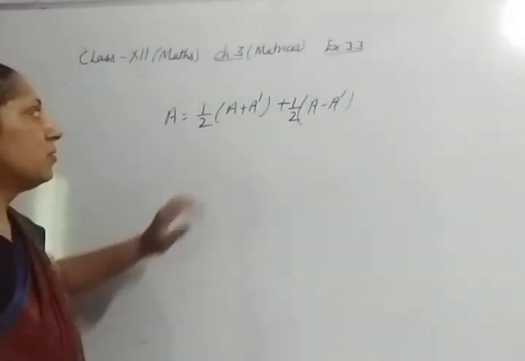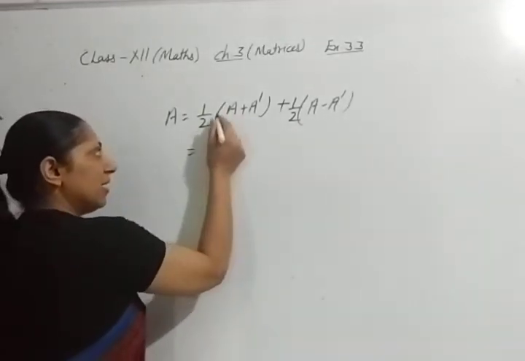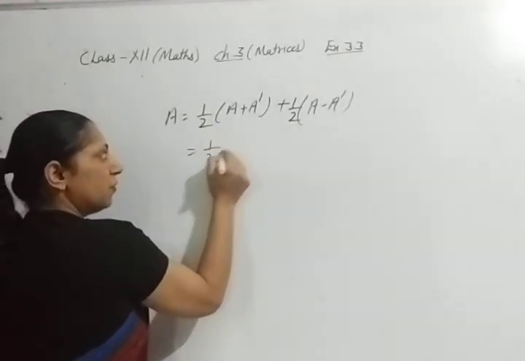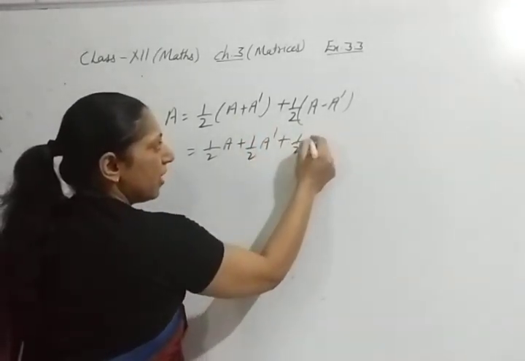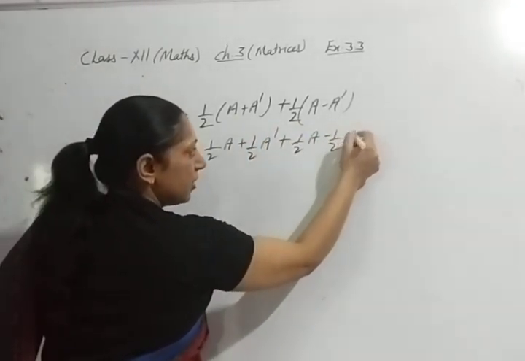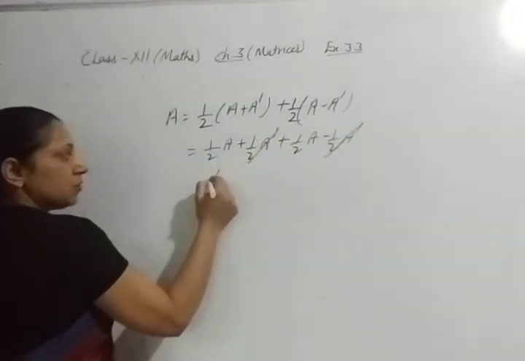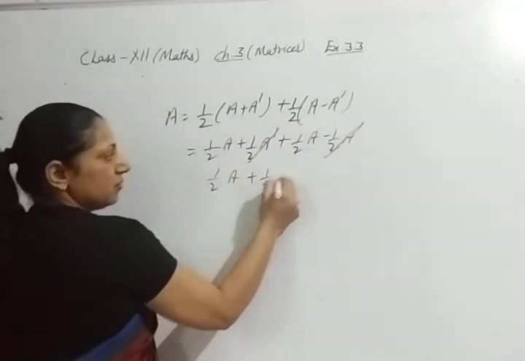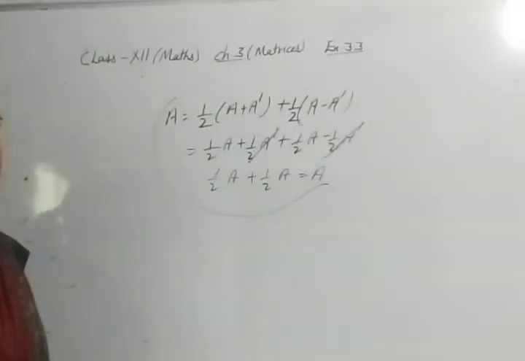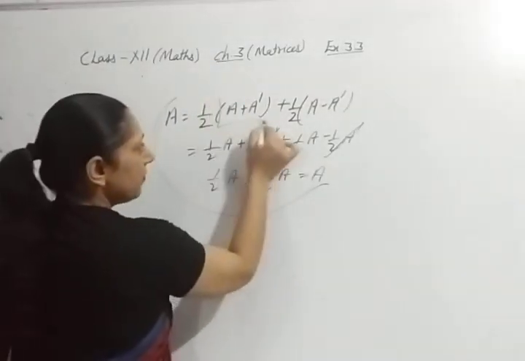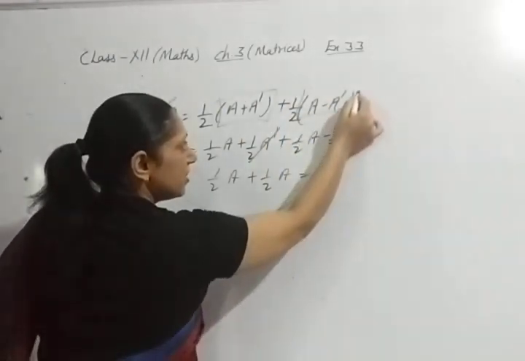We can prove it also. So I can multiply this. This is half of A plus half of A transpose plus half of A minus half of A transpose. This one is cancelled. So half of A plus half of A, that is equal to A. So both are equal. So this one is our symmetric matrix and this one is our